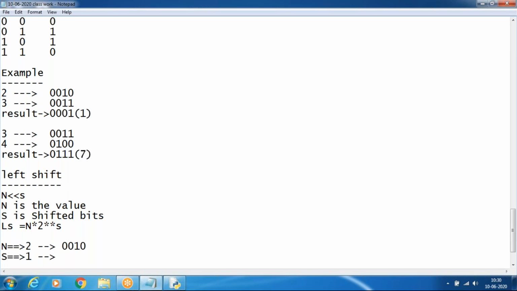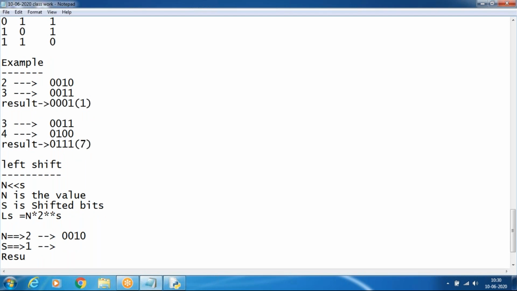The result should be the 1 bit on the left-hand side: 0 1 0 0. It moves to the left-hand side. So the result value is, I think, 4. So we'll see it in the formula basis.